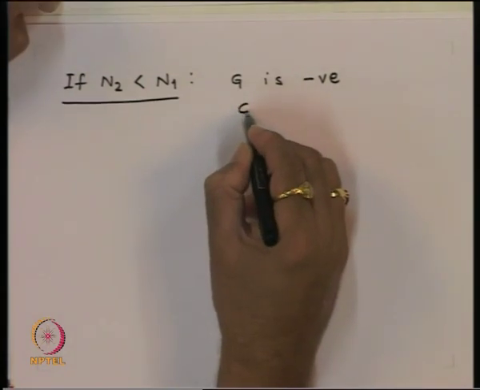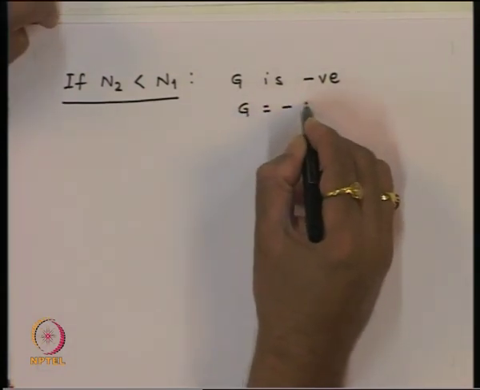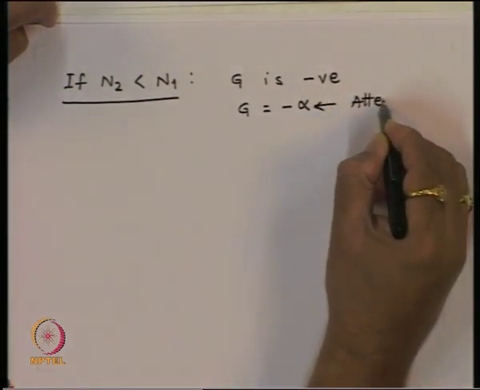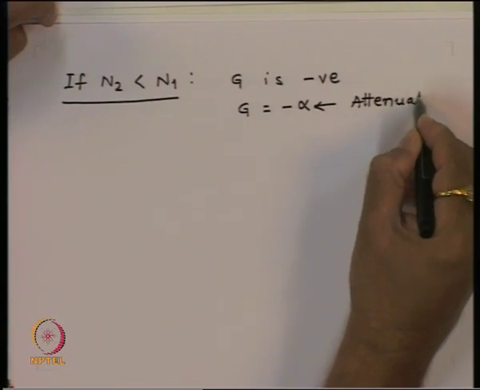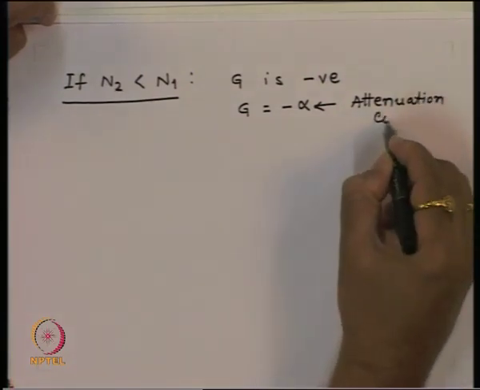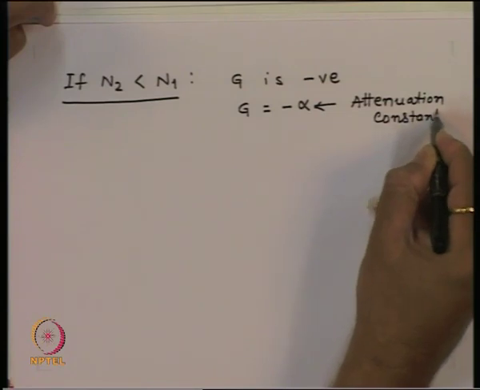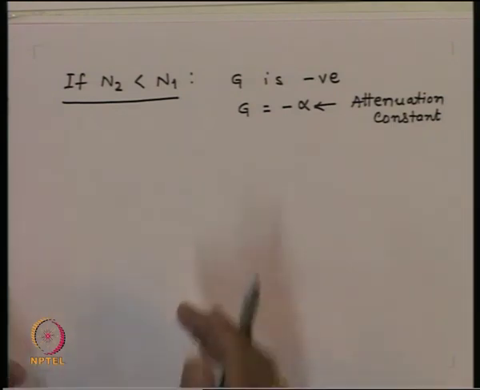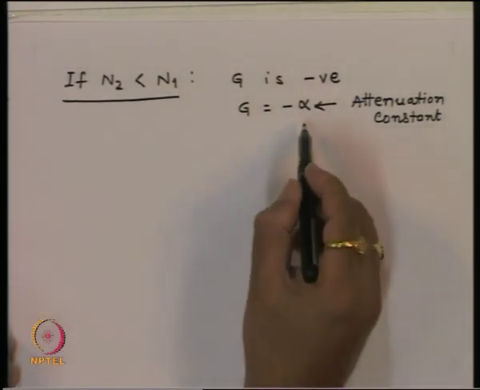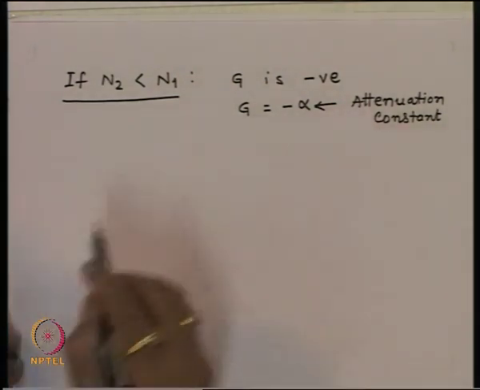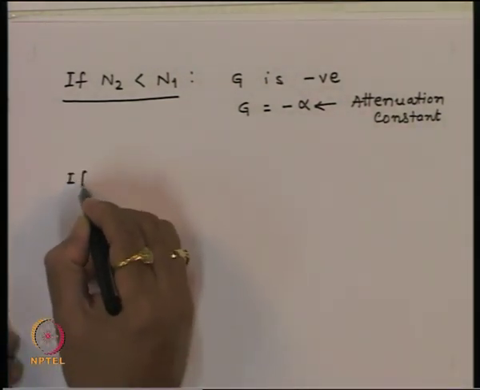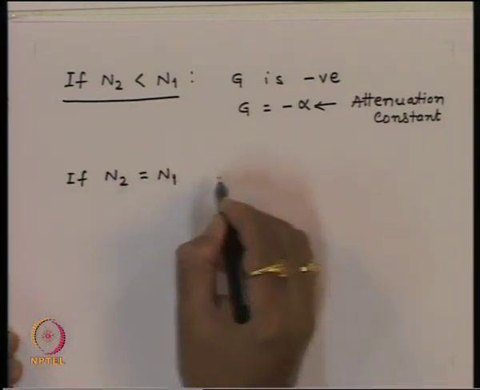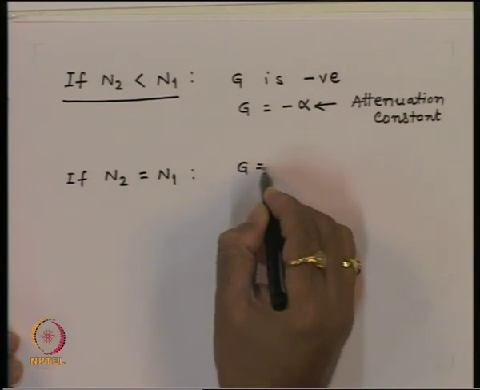So, g is equal to minus alpha, where this quantity is the attenuation constant. So, if I have a normal situation, then there is the exponential loss and energy will decay exponentially by the attenuation constant alpha. If N2 is equal to N1, then g is equal to 0,